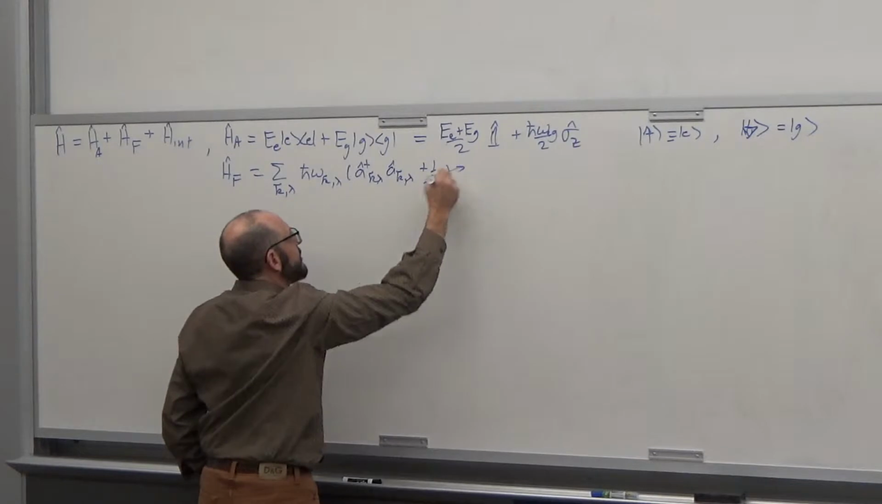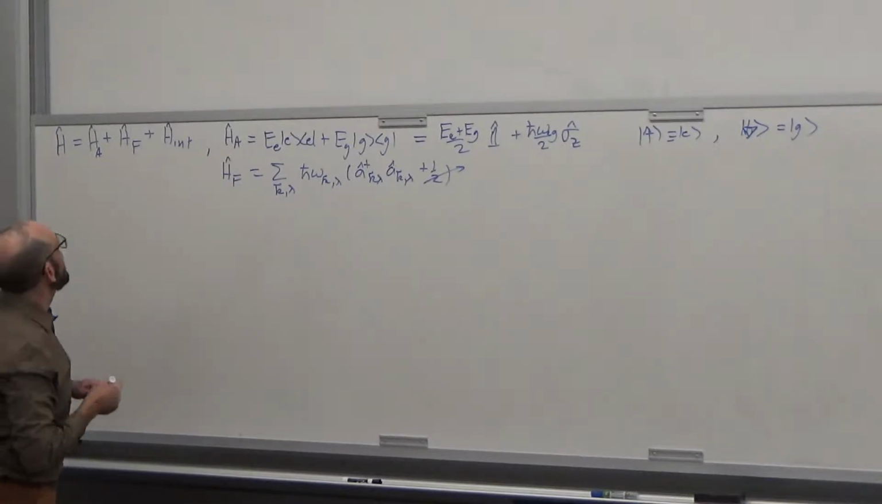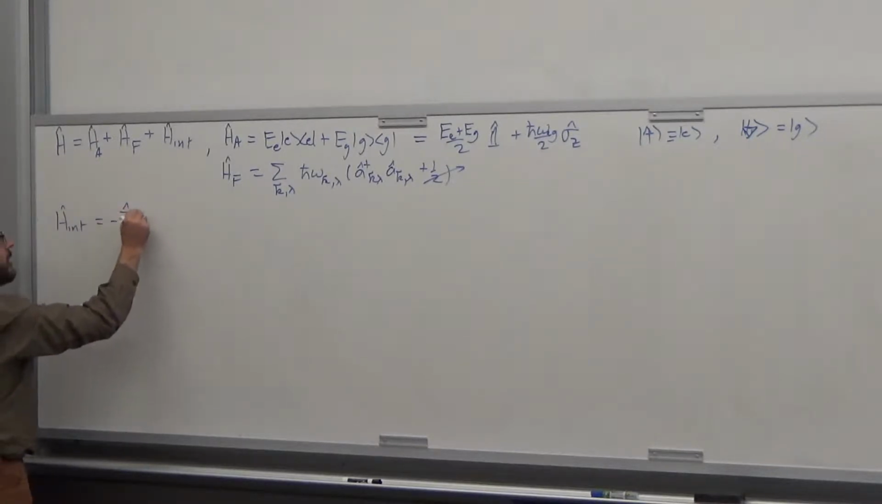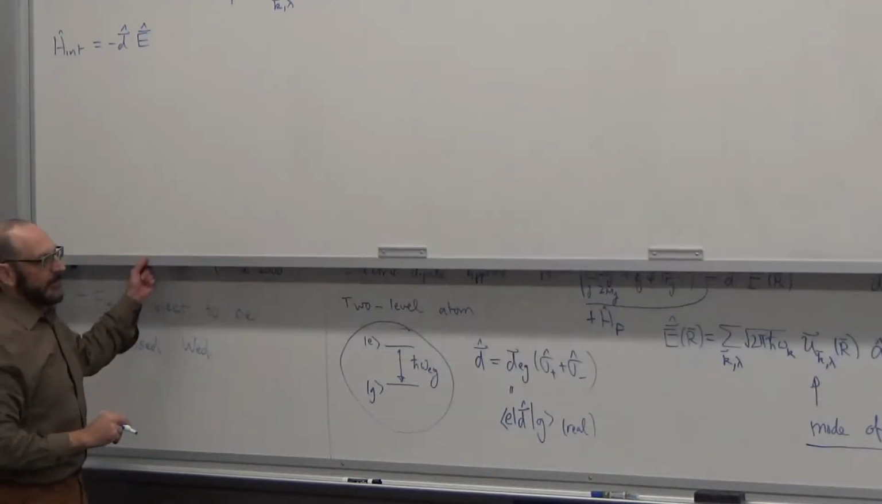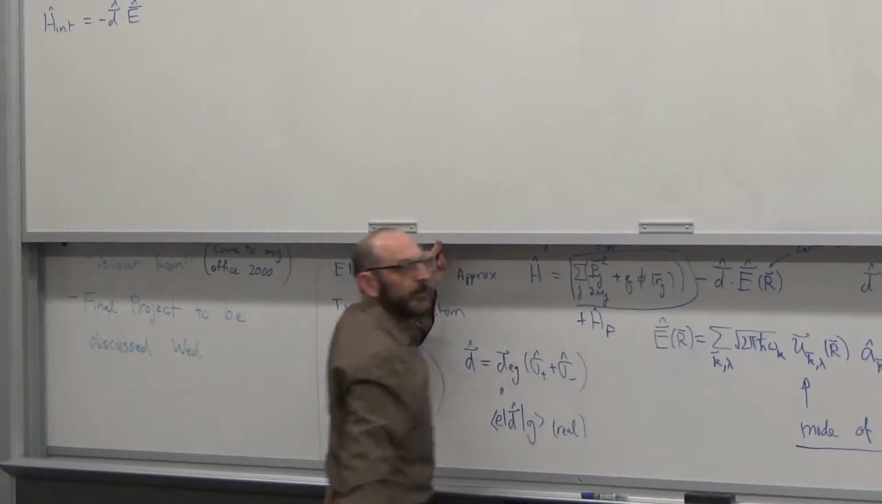And as we say, we ignore the 0 point because it plays no role in any of the dynamics, and it's some funny big number which we don't need to drag around. Okay? And then we have the interaction term, which was minus d dot E, and if we plug in our electric field over here,